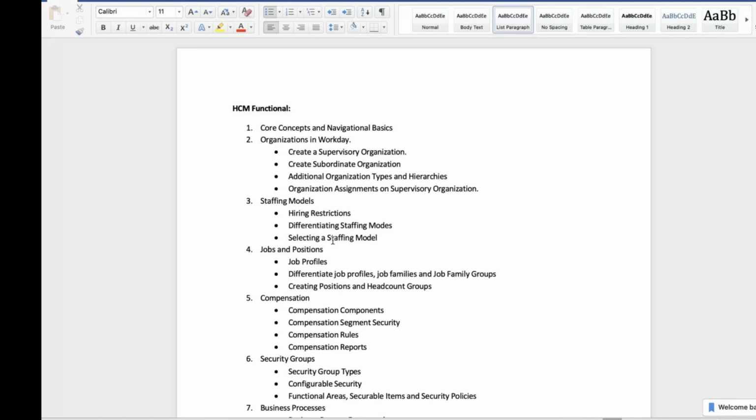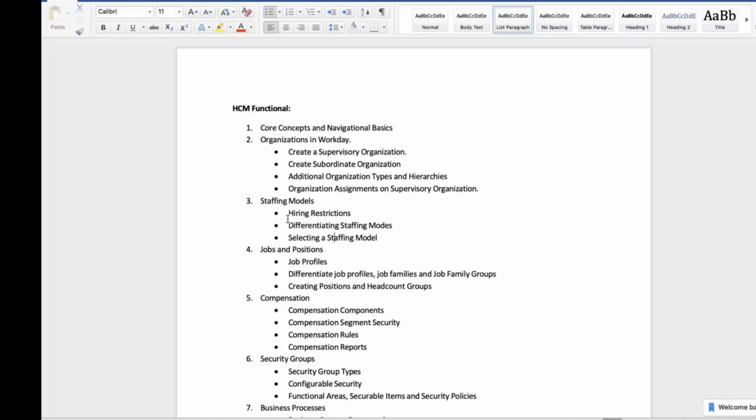As I said, different customers may have different requirements. So some customers may prefer position management, some customers may prefer job management. So how do you recommend which one is suitable for their business needs? Here, I will come up with a case study. That case study will help you to understand the right staffing model. Okay, we will go through the requirement and we'll recommend the correct staffing model. So, of course, here also we'll do one round of testing to ensure the staffing models are working,